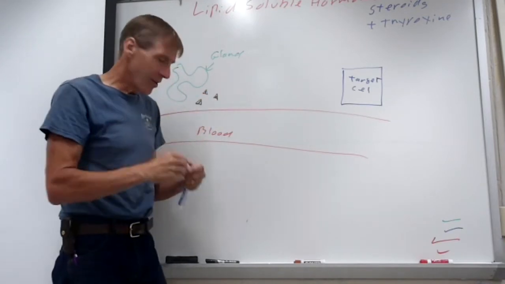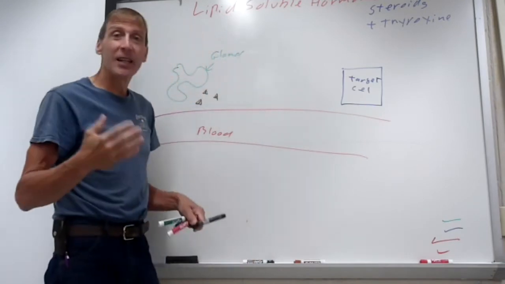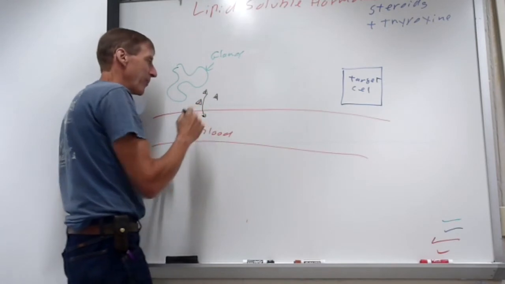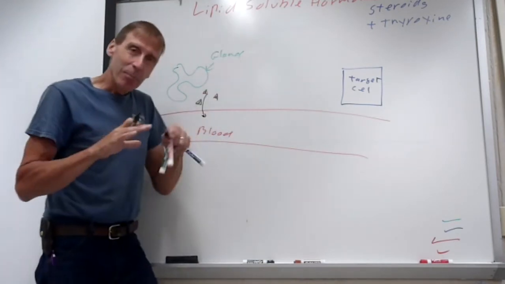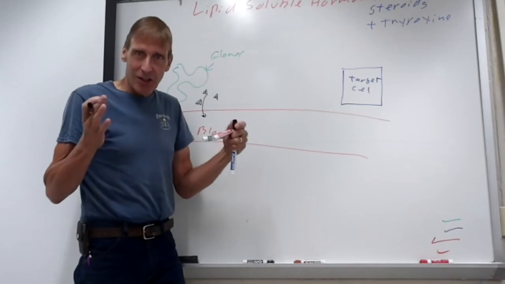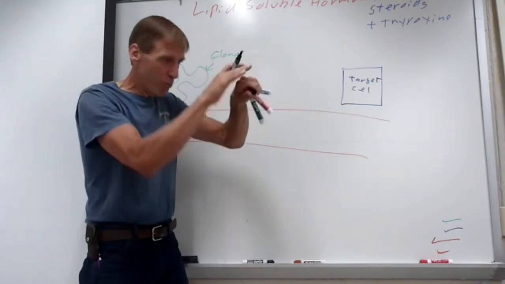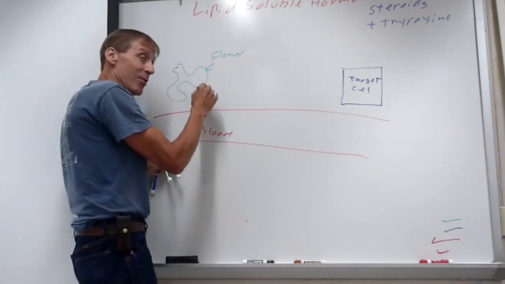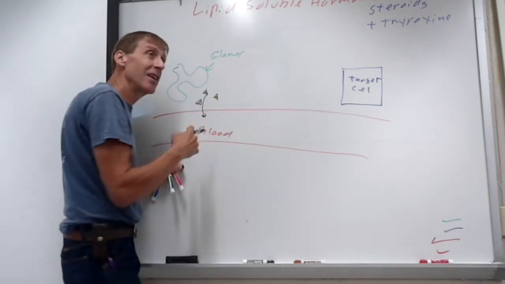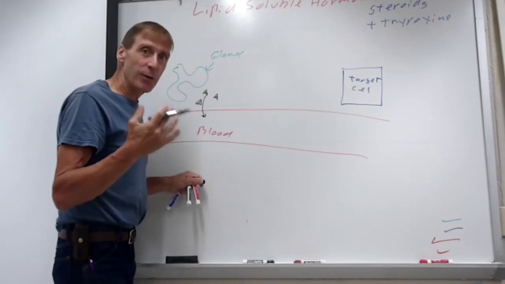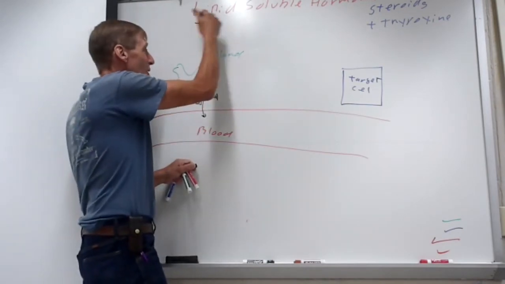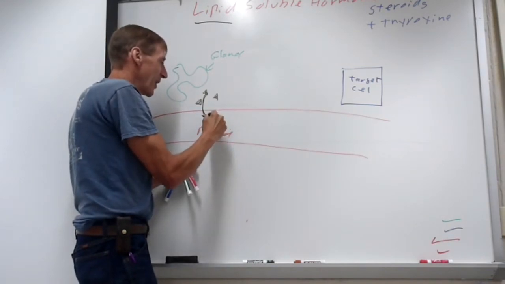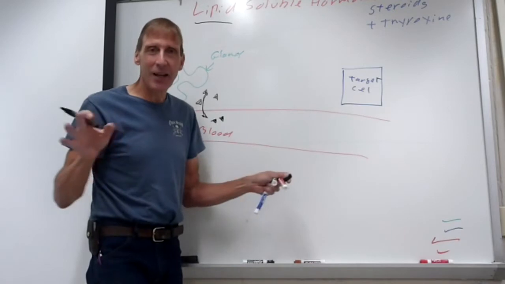And as we saw in our definition, the hormone then has to make its way into the blood. So this hormone, at a high concentration here, wants to diffuse into here. Again, blood vessels are lined with epithelial cells. They call it endothelium. So it's basically just like a sheet of phospholipid bilayer. It's cell membrane. In order to get across from outside the blood vessel to inside, you're going to have to be able to move across this phospholipid bilayer. Well, of course, the steroid hormones are lipid soluble. So basically, it's like the blood vessel isn't there. It's just going to diffuse right in, no problem at all.